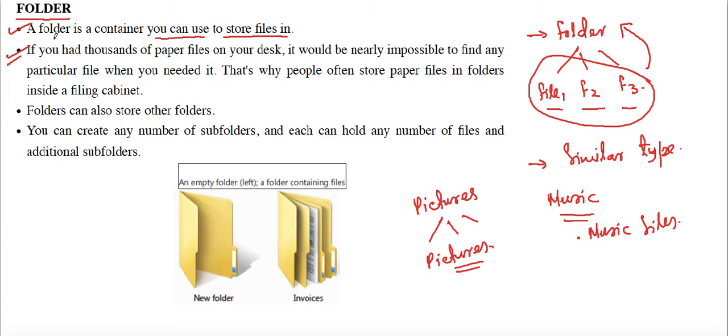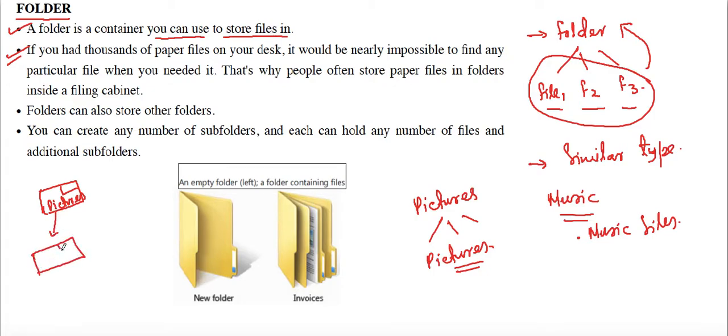It is not an obligation that a folder can hold only files. A folder can store other folders also. For example, I have a folder named pictures. This folder can contain other folders also.